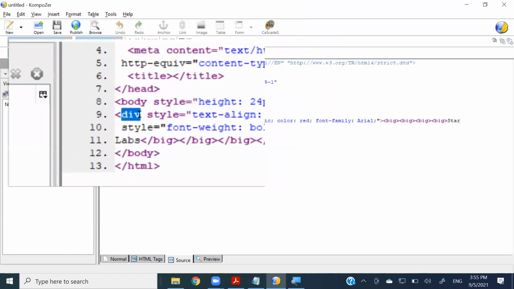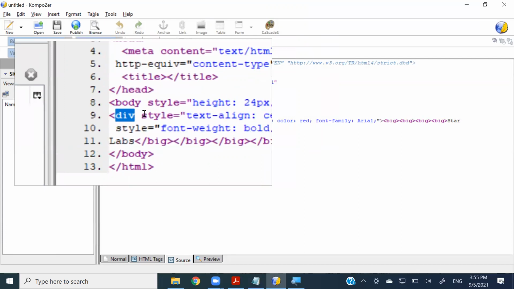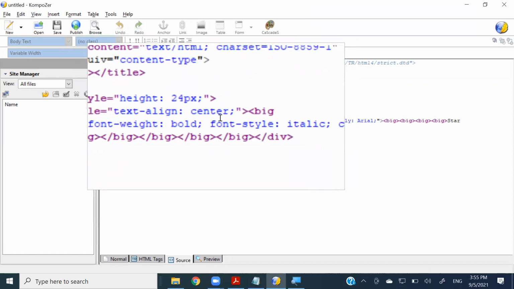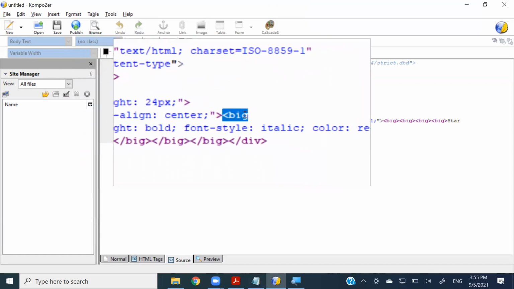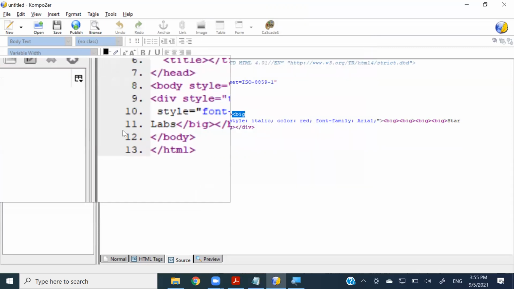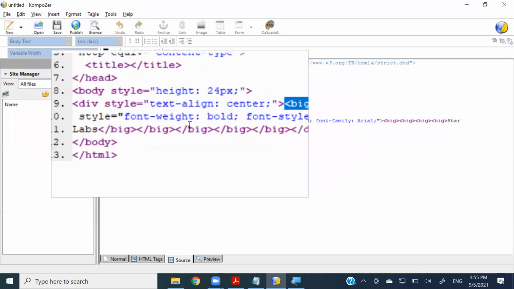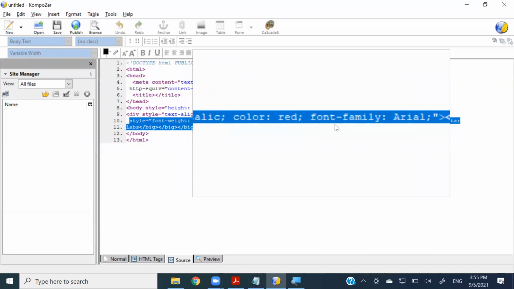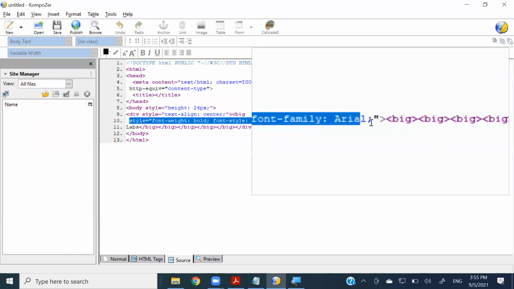They have used a particular tag called div, which we haven't learned about. And then they use a tag called big. And inside that, they have given CSS related things, right? Not the